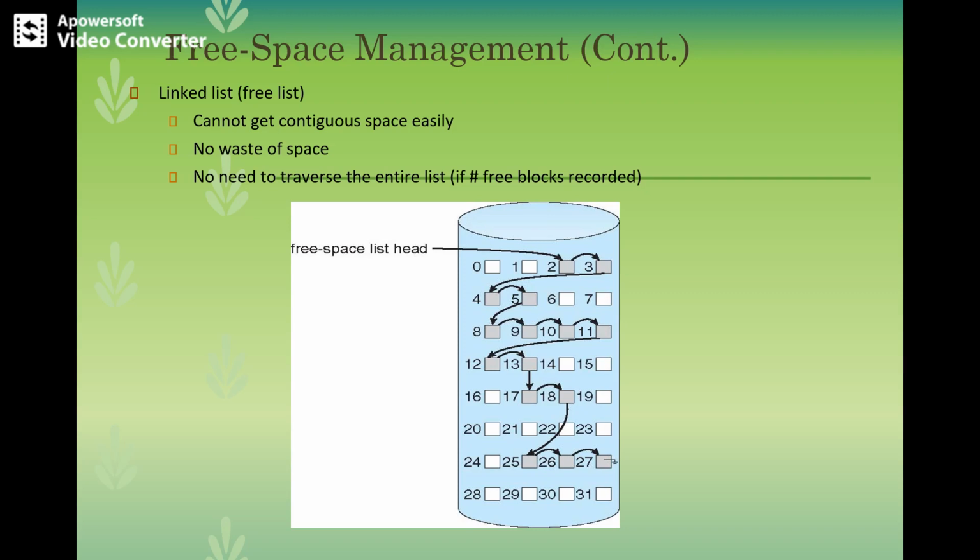So in this approach, what do we do for free space management? What it does is link together all the free disk blocks in this manner, as seen here in the figure. So there is a pointer from the first block, which has a special location in the disk, and it has a cache location in the memory also. This first block contains a pointer to the next free block, and so on. So you can see that there's a pointer from 2 to 3, and 3 to 4, 5, 8, 9, 10, and so on.